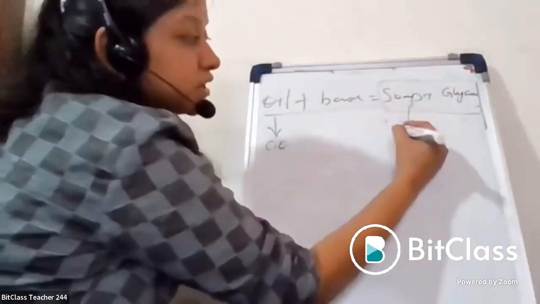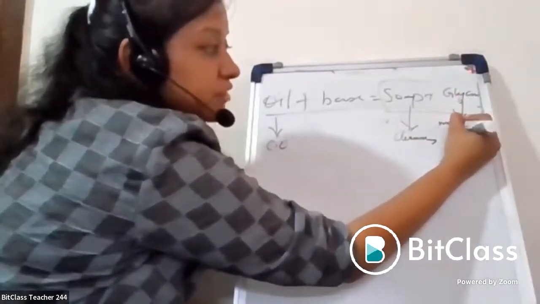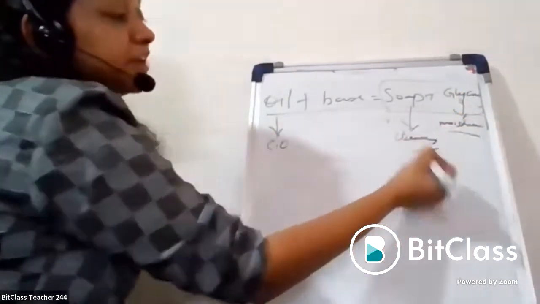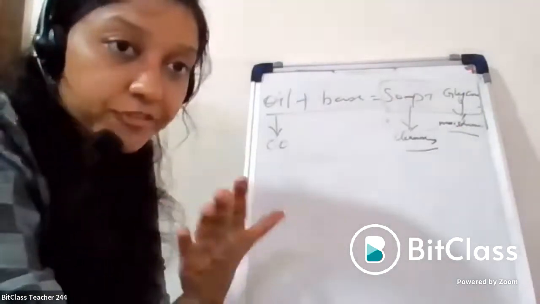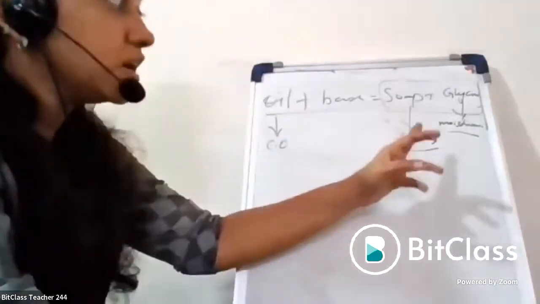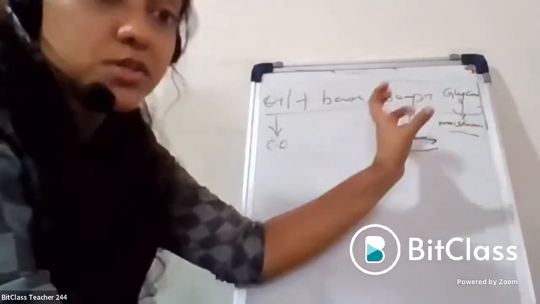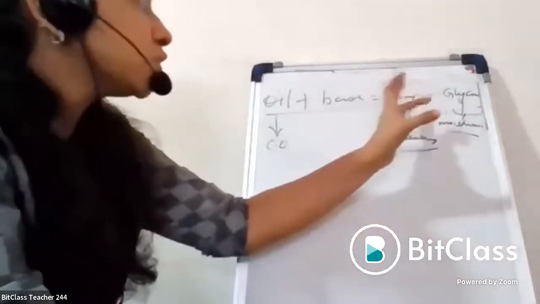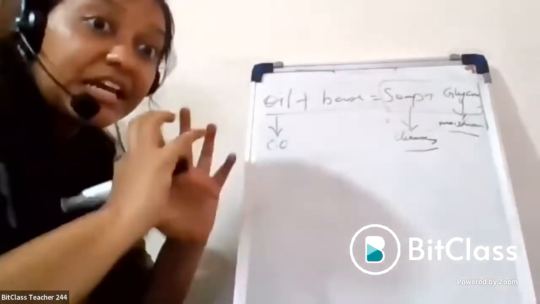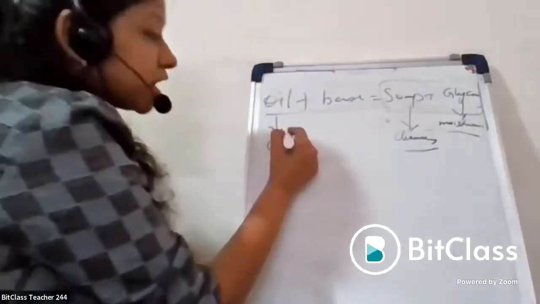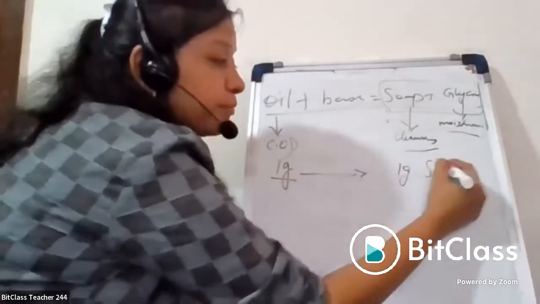Soap gives you the cleansing effect. Glycerin will give you the moisturizing effect. This is what makes this soap a very large difference. Normal commercial soap will only rinse off, it will not leave any moisture. But here, after rinsing off, moisture is also left behind because of the byproduct that is automatically derived. The soap and glycerin you cannot see separately, they will be combined together in your byproduct.